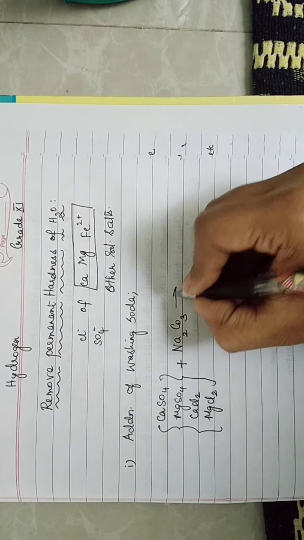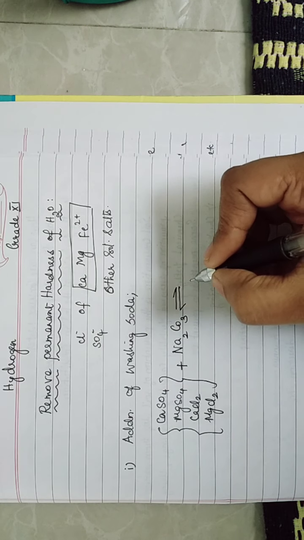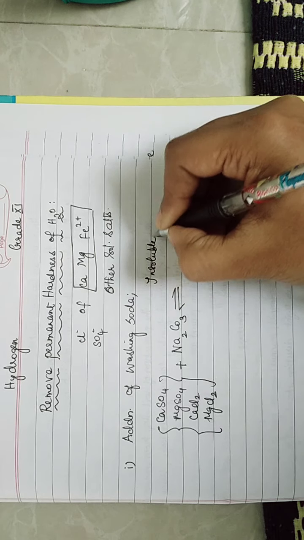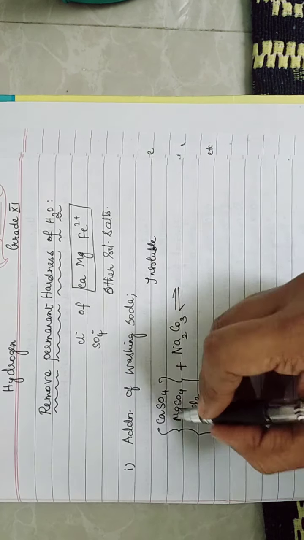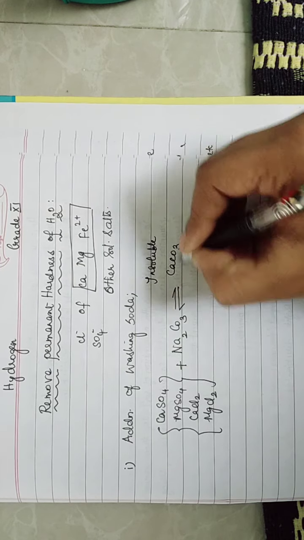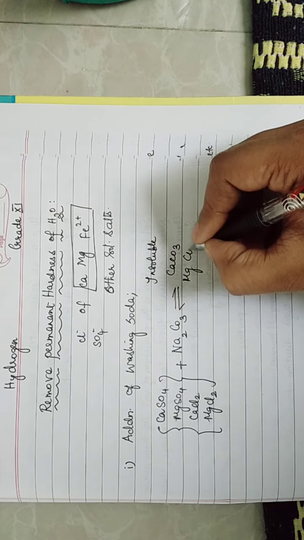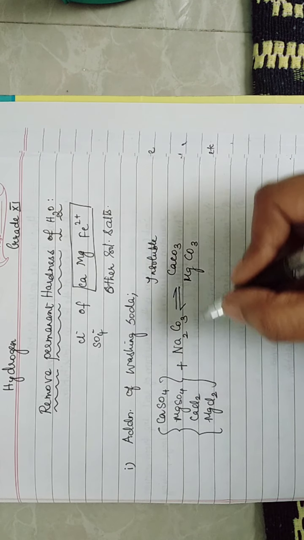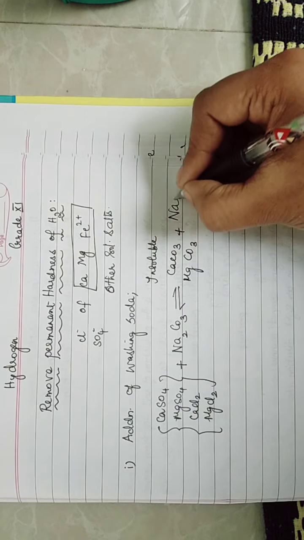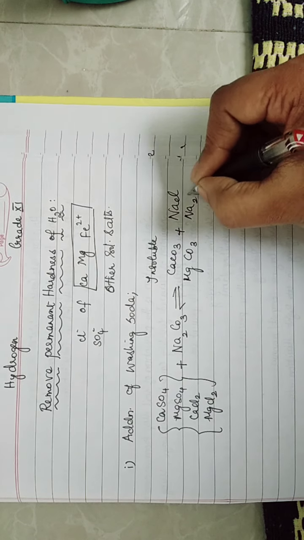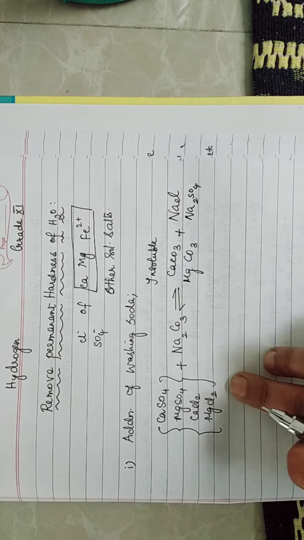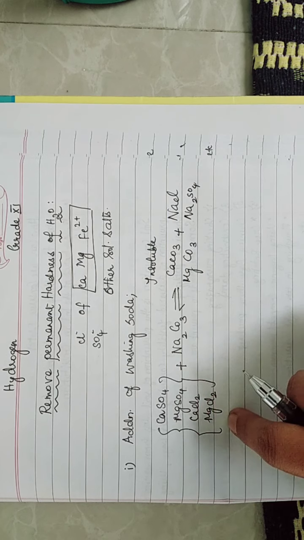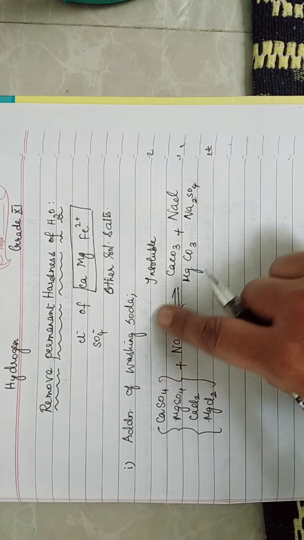So, here also the mechanism is similar. I will be getting insoluble carbonates. So, when it is insoluble, it forms precipitates which can be easily filtered off, right? So, I will be getting calcium carbonate, magnesium carbonate. So, what is remaining? Sodium sulfate and sodium chloride will be liberated. You understood the reaction? My hard water is containing calcium sulfate, magnesium sulfate or calcium chloride or magnesium chloride, to which I am adding washing soda.